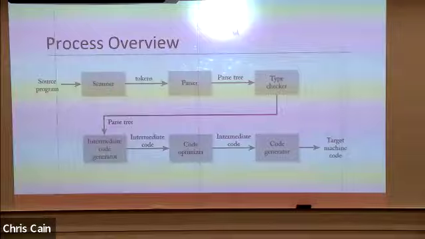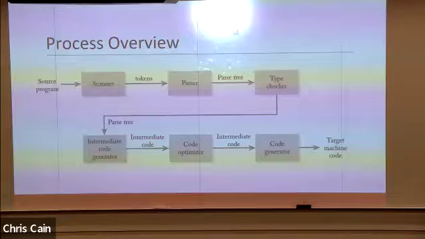From there, we take the parse tree with the verified types, and we can generate some intermediate code. This is some code that's not necessarily in Java anymore, but it's something that can now be optimized. So we're going to make a pass through this intermediate code, and we're going to say, can I do any of these things faster? So this goes through a code optimization process.